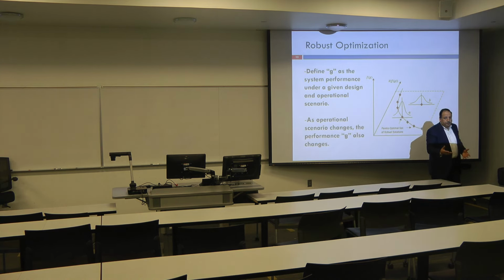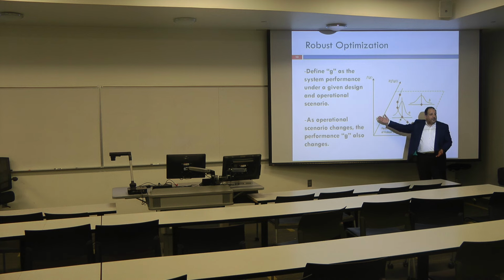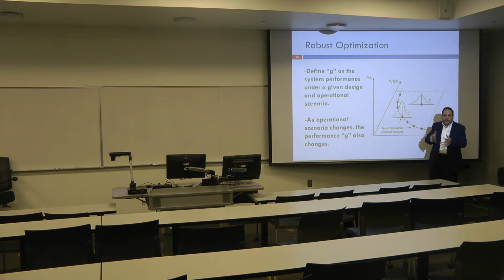Yeah, so here, yes, it makes sense to go with solution A, or with design A, because compared to B here, it has less expected value, and also the variation of the performance is more controlled, right? So this is why in this case we say that A is more robust compared to B. We say that the solution A or the design A is more robust compared to design B.